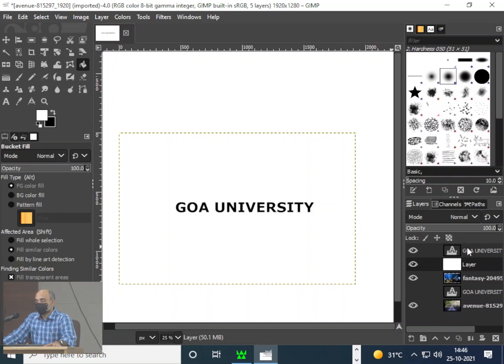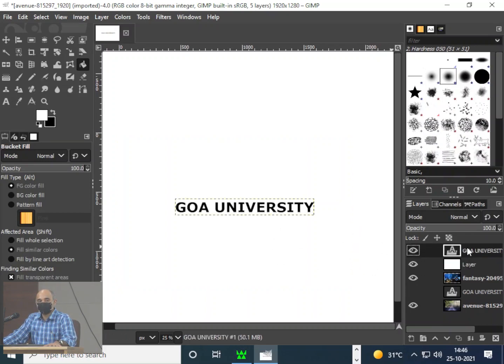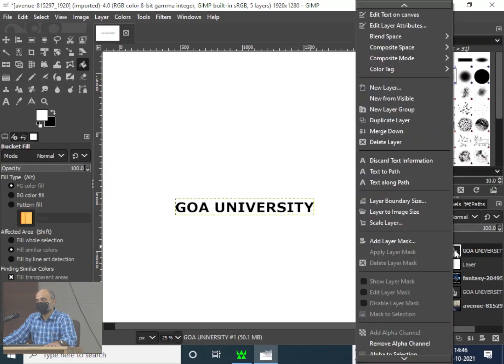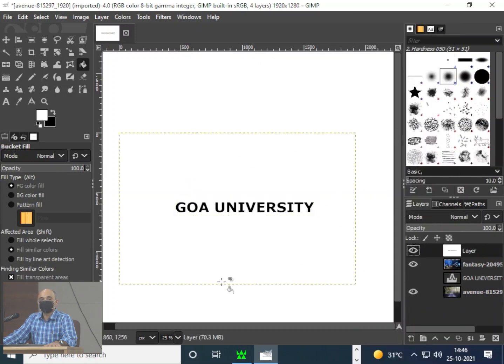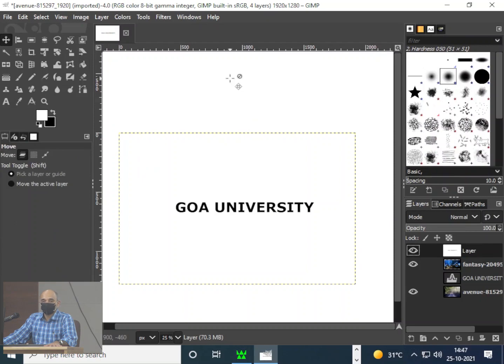Now I click on the Goa University text, right click on it and say merge down, because this is when my mask is actually done. I have created a mask here.